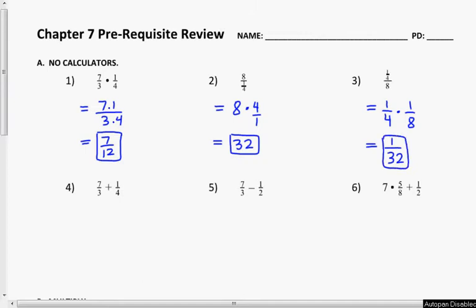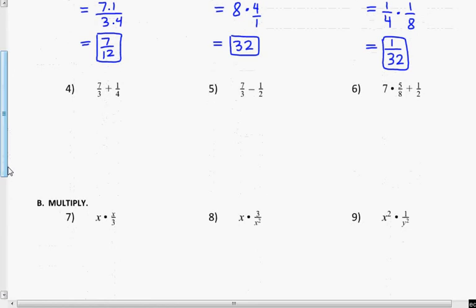For number 4, remember that to add two fractions, they have to have a common denominator. The common denominator for 3 and 4 is 3 times 4, or 12. So the first fraction I will multiply by 4 over 4, which is equivalent to 1, which is why I'm allowed to do this. The other fraction I'll multiply by 3 over 3, and I end up with 28/12